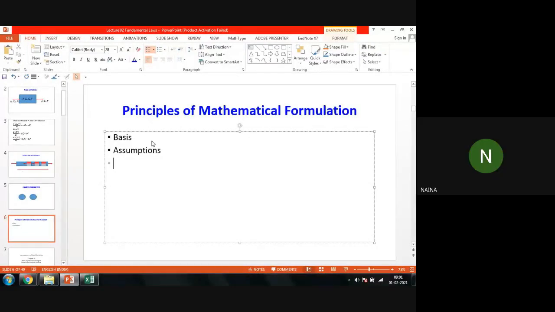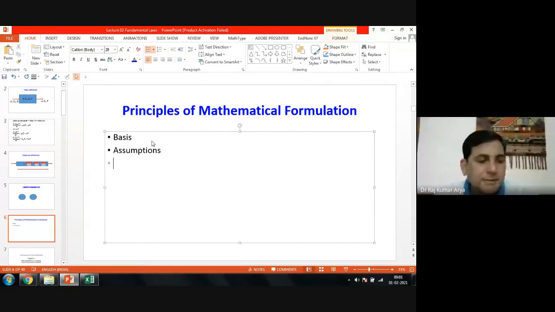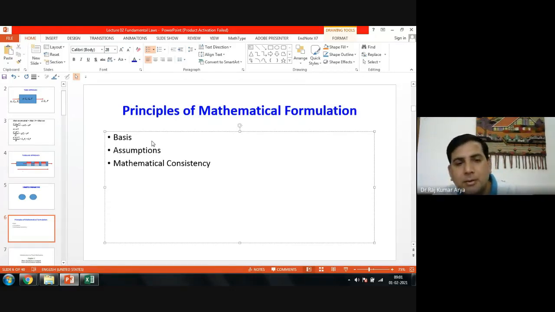Yes, sir. Next part: once you have the assumptions, you want mathematical consistency. Here you will do your degree of freedom analysis, and from there you would start your calculation part. Once you have put in your assumptions, you will get your boundary conditions, and everything would come in that part. After that, you need the mathematical consistency part, where you make your degree of freedom analysis,